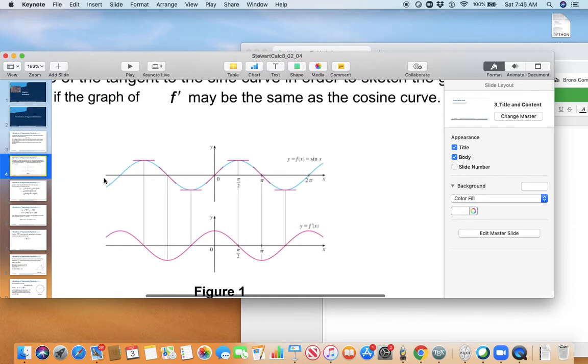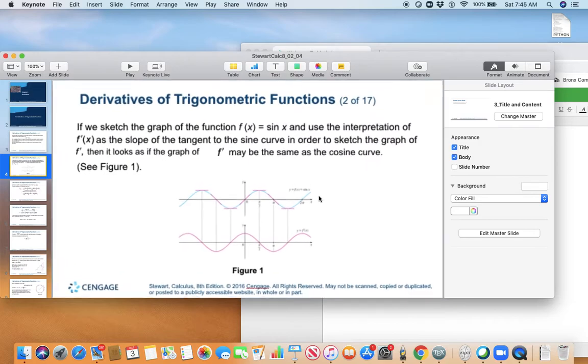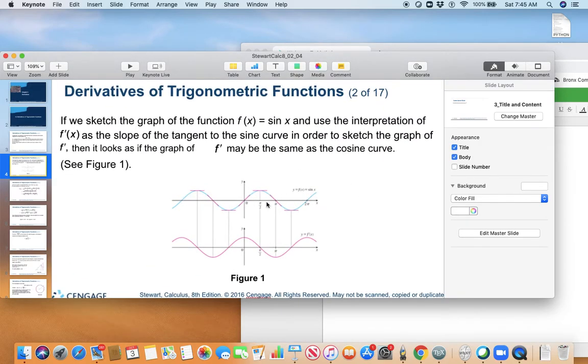you notice sine starts off at 0, climbs to 1 at pi over 2, climbs down, and so on. Whereas cosine starts at 1 and climbs down. Anyhow, we'll come to the derivative in a minute. Okay, if you draw the curve,